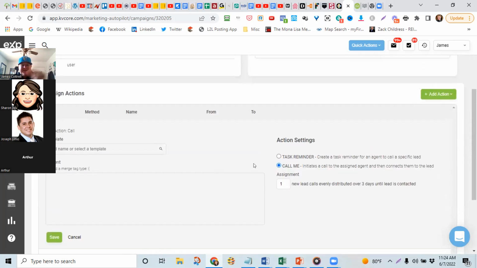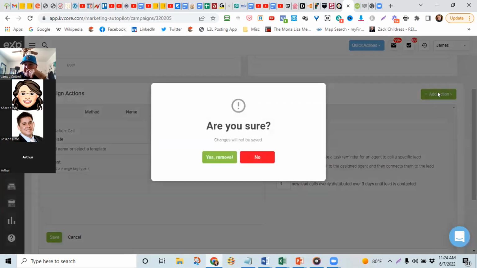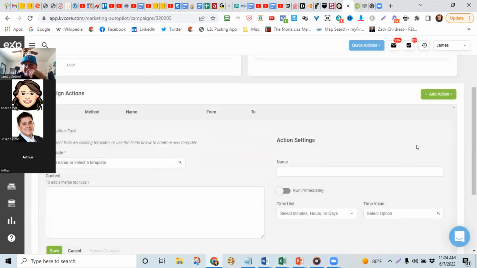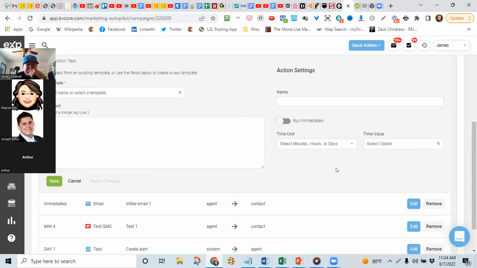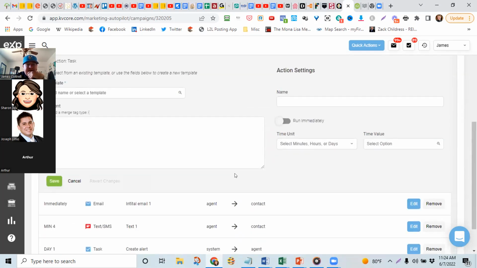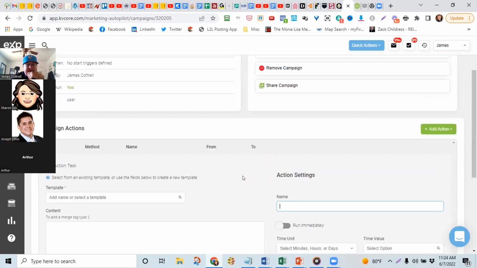I can have the system call me and then it'll tell me, hey, call this individual and it'll connect me. So again, some more automation that's going through here. If you want on the tasks, on the tasks here, I don't think it's going to let you do that. Interesting. I thought you could assign it to somebody else, but I guess not.